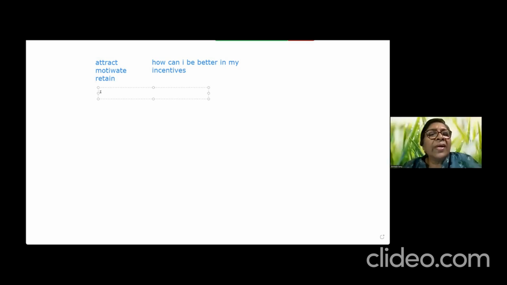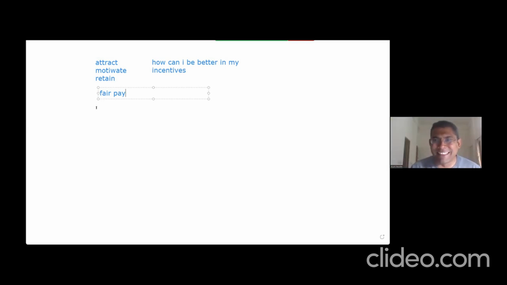So can I take it as what you're trying to say is, for all the effort and the time he puts in, is he getting a fair pay? Otherwise, there's no point in him continuing. That's why compensation is becoming very important, because we are not able to retain people, attract people. At the end of it, the employee is saying, am I getting a fair pay for the effort, the time, everything I'm giving, in his perception?